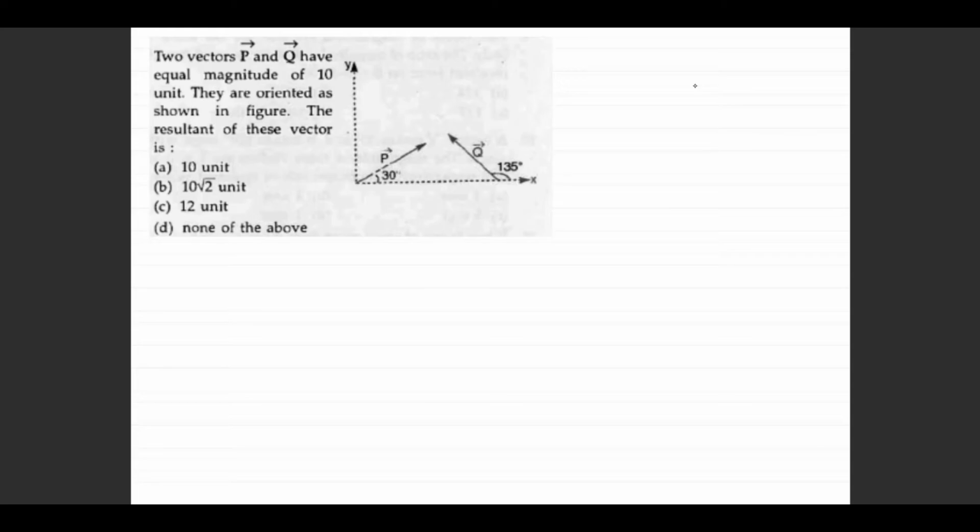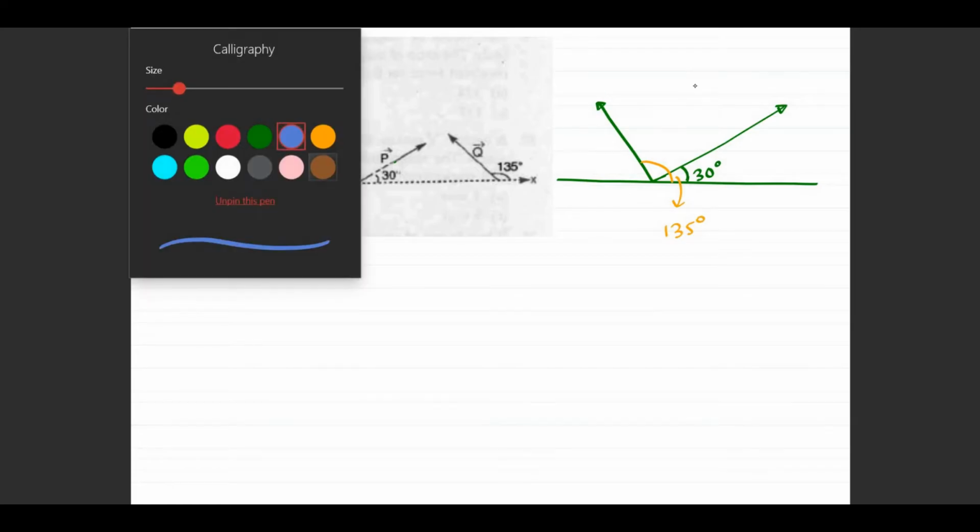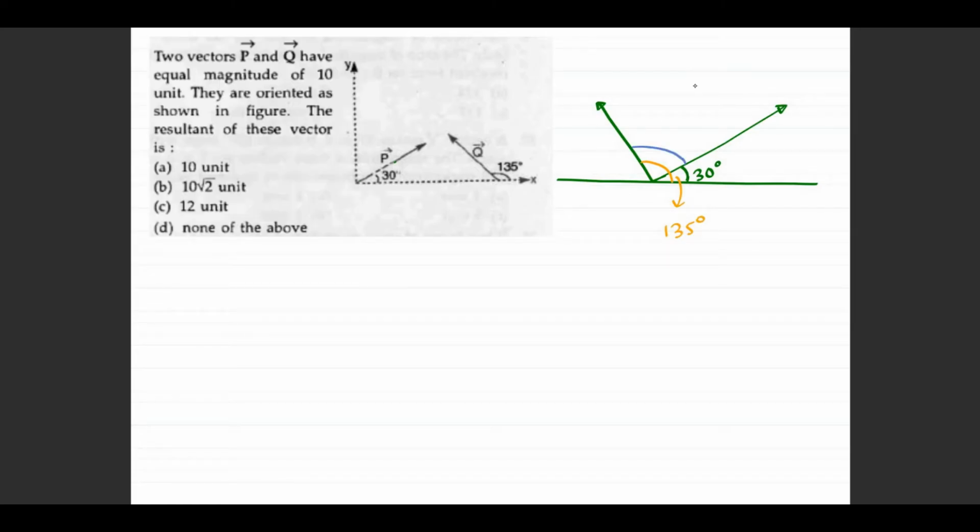In this question then, we are trying to find out the value of resultant or the magnitude of resultant, correct? So if I move this vector P and bring it to this side by moving it parallelly, this angle will still be 30. This complete angle was 135. So this angle will then turn out to be 105. So angle between the vectors is 105.